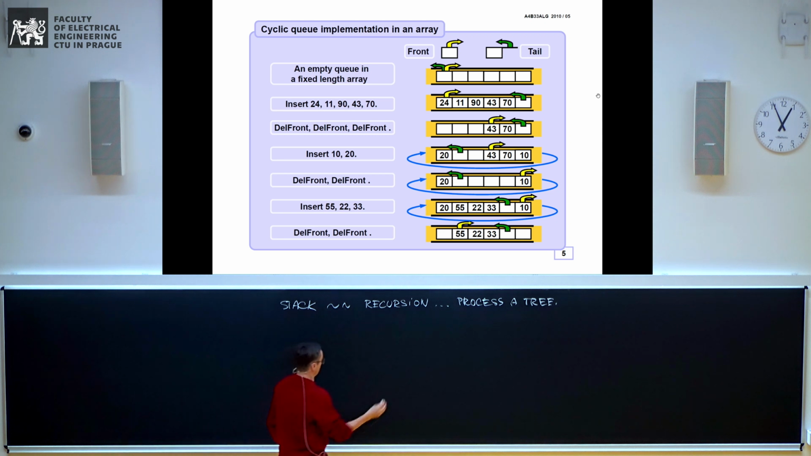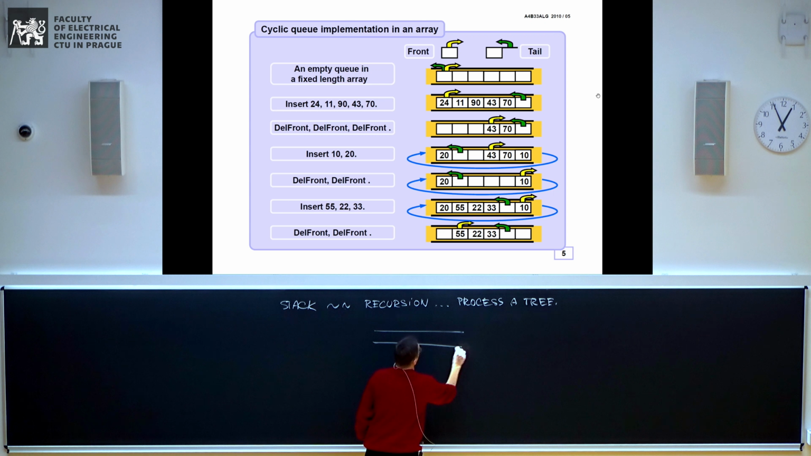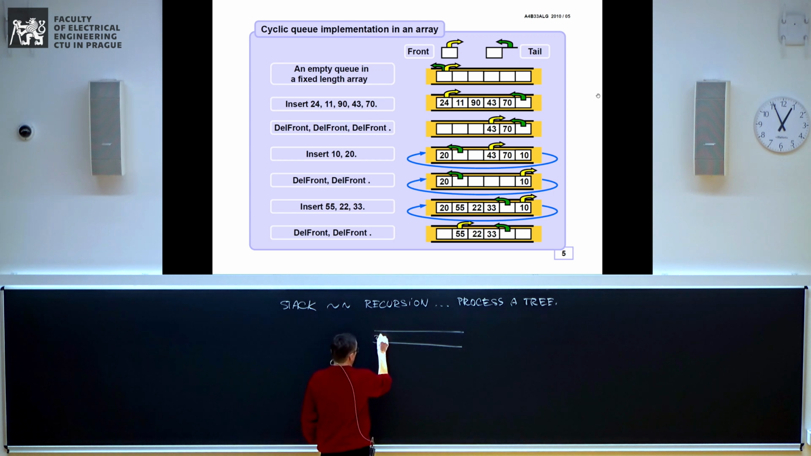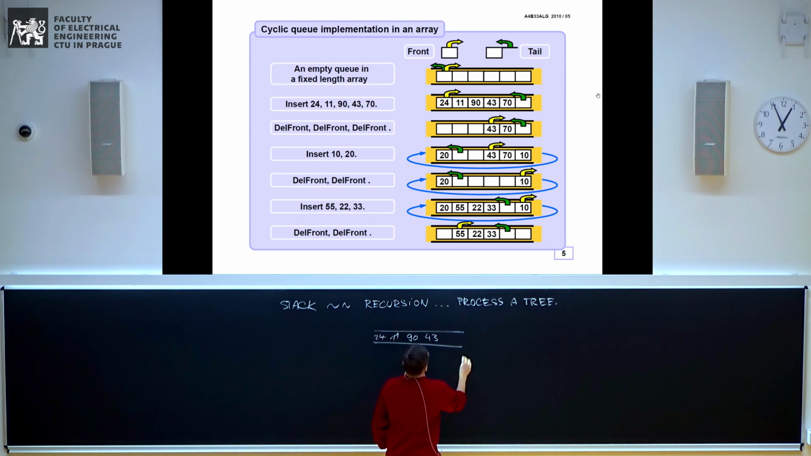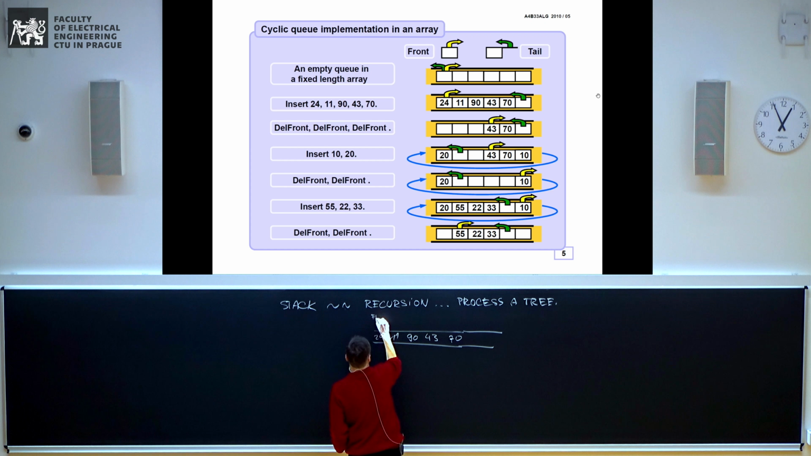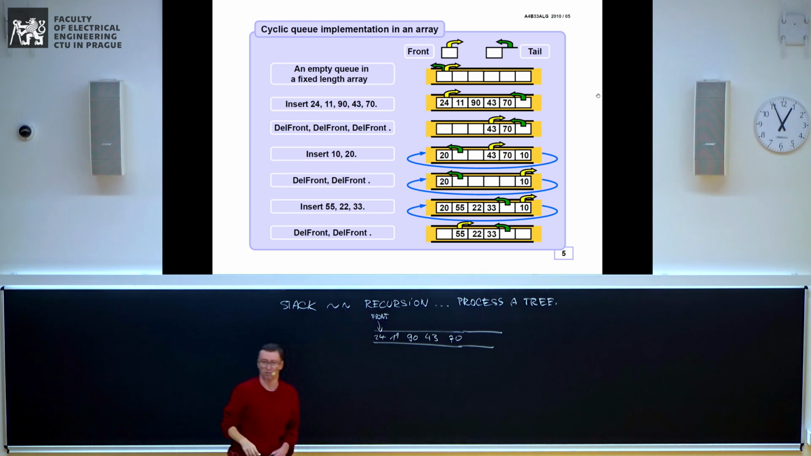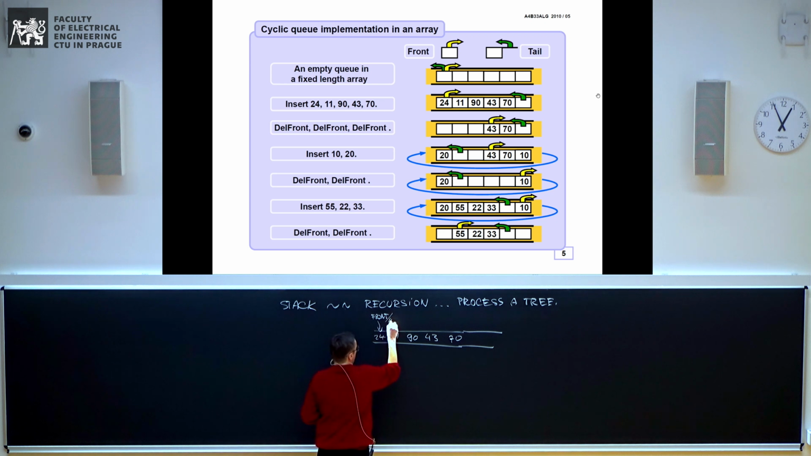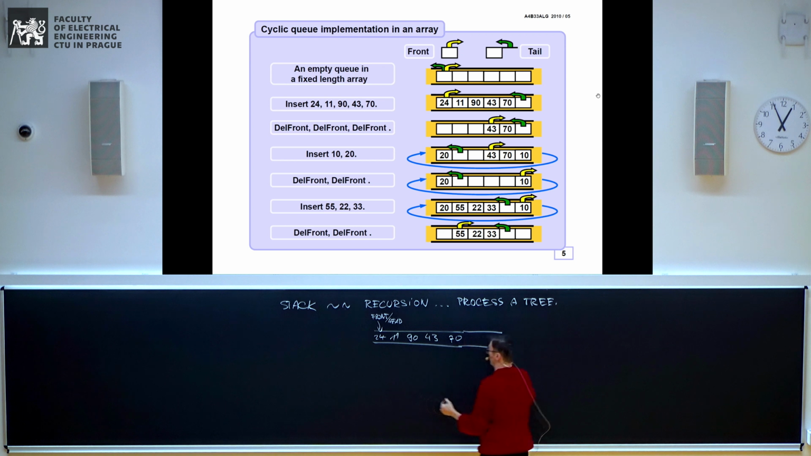So what happens in real life in your machine is that when you've got that 24, 11, 90, 43, and 70, and there is your front. Front, I tend also to say head, because there is the tail. So when there is some tail, there should be some head of the animal. So there is the tail, and now when you pop or remove or delete,